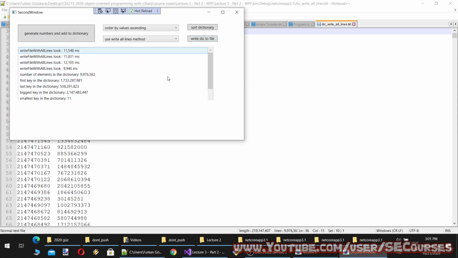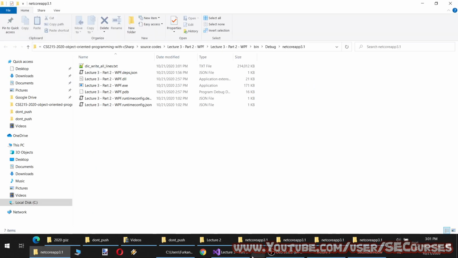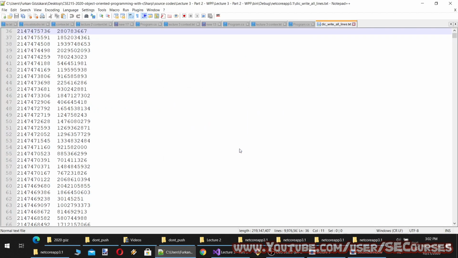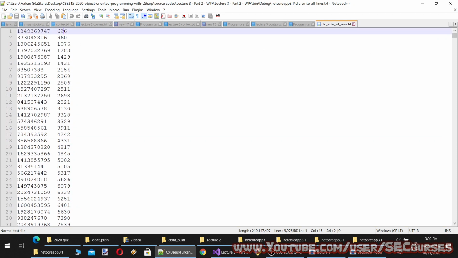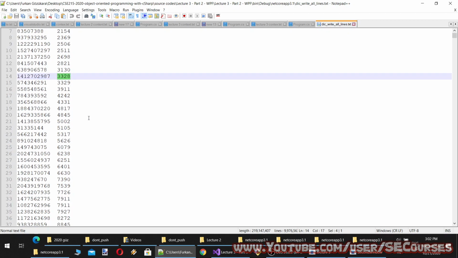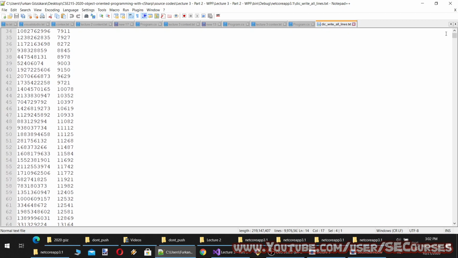Oh, we didn't calculate the sorting time, by the way. And it will tell me to reload. The values should be ordered ascending. Okay, as you can see, now it is sorted by values.